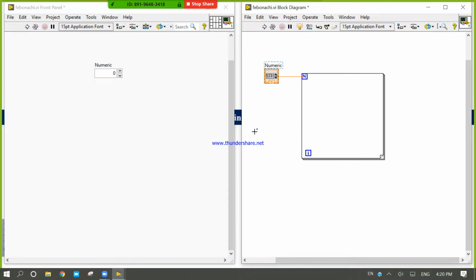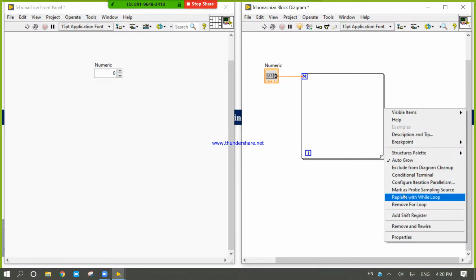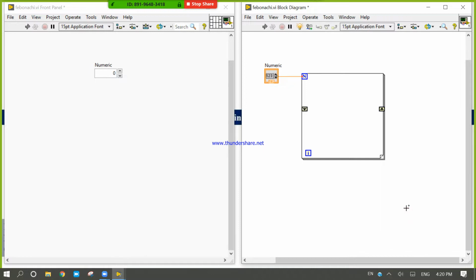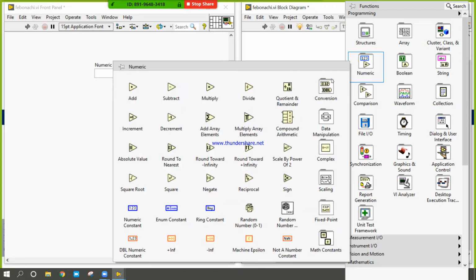Okay, right click, add shift register. Okay, right click, add.